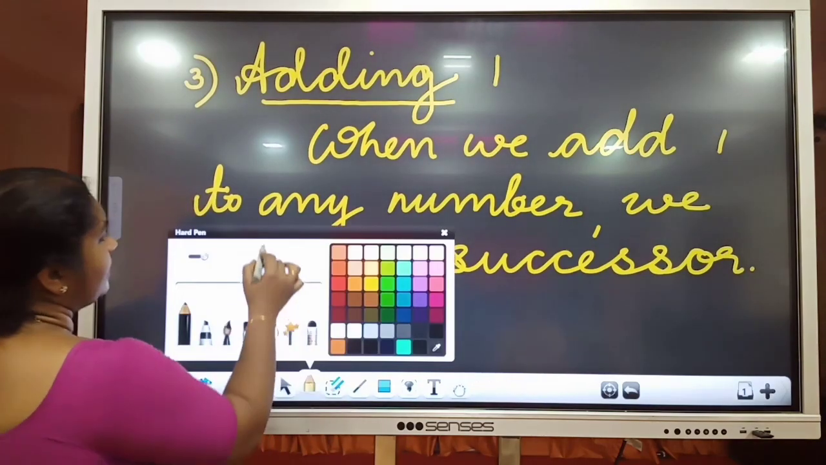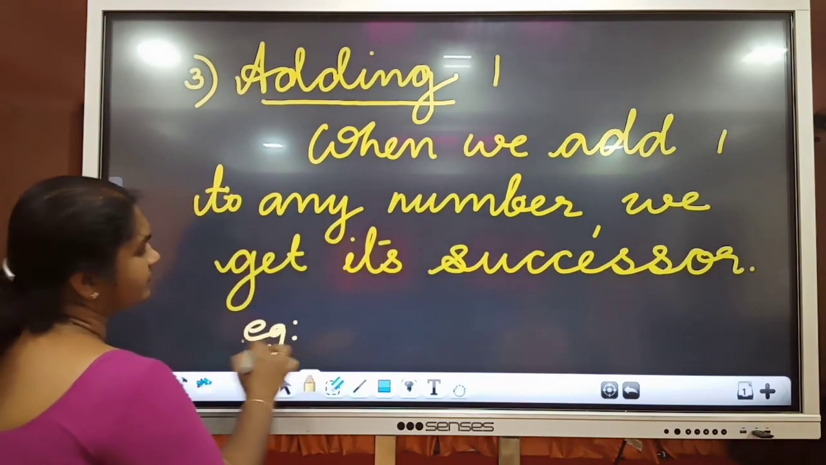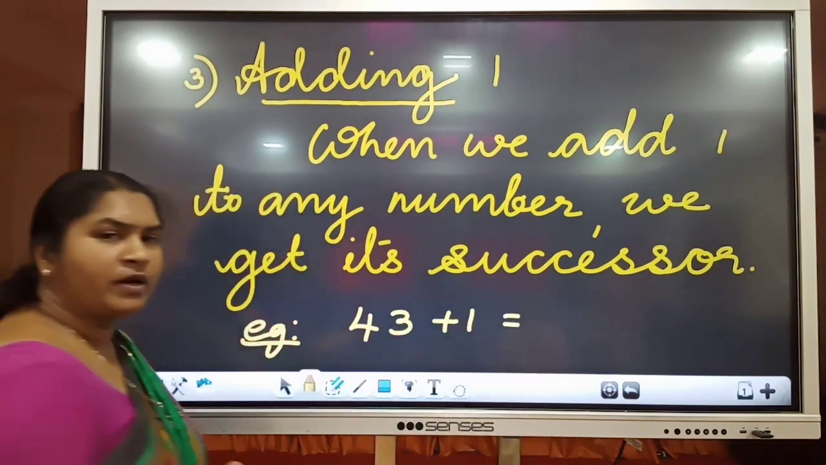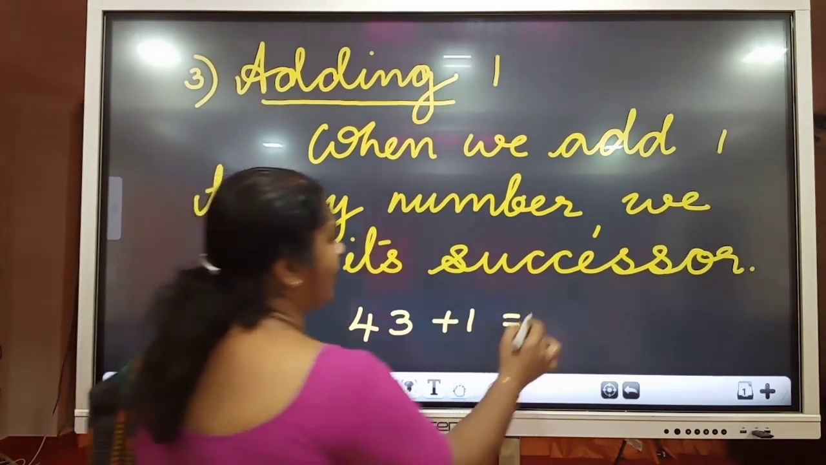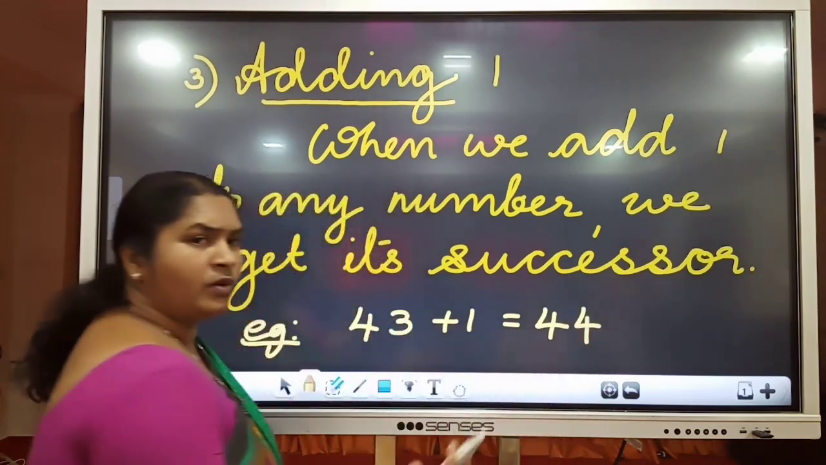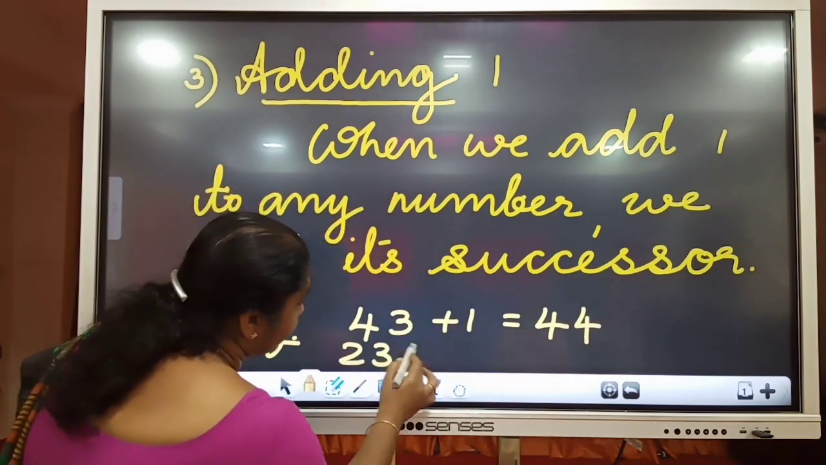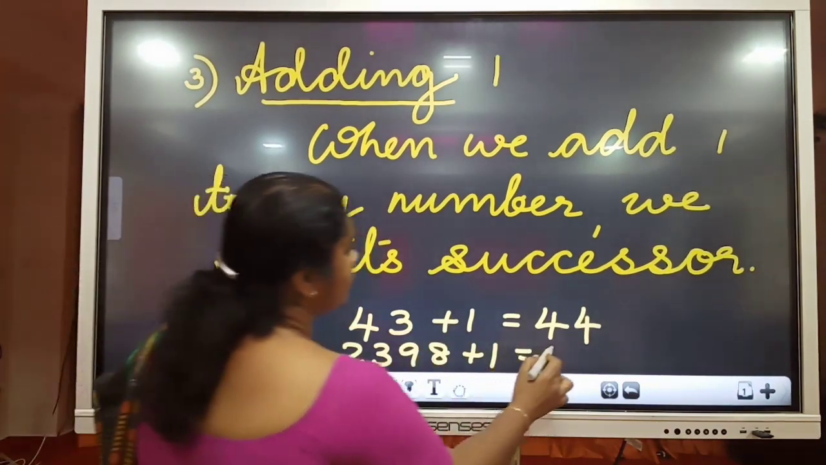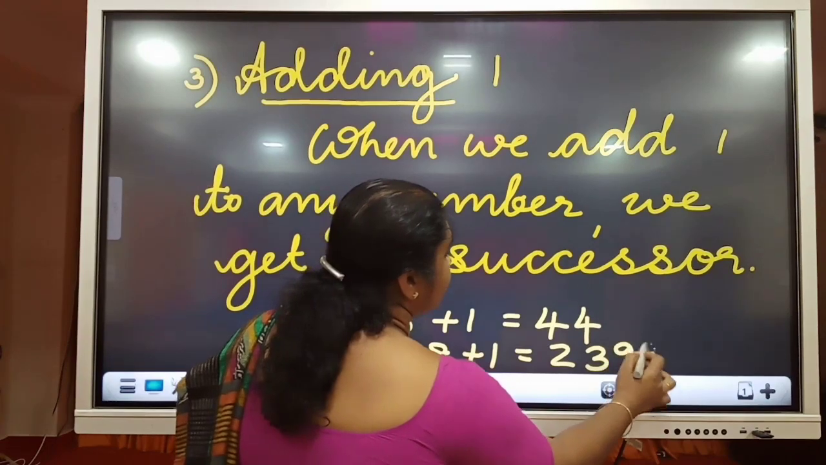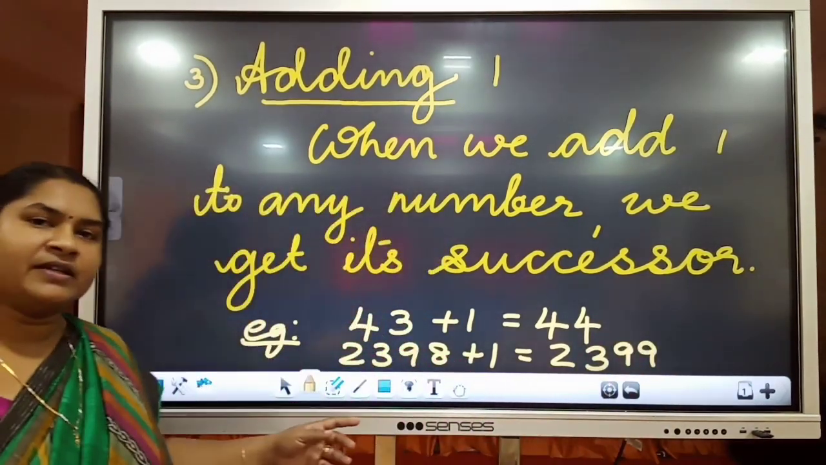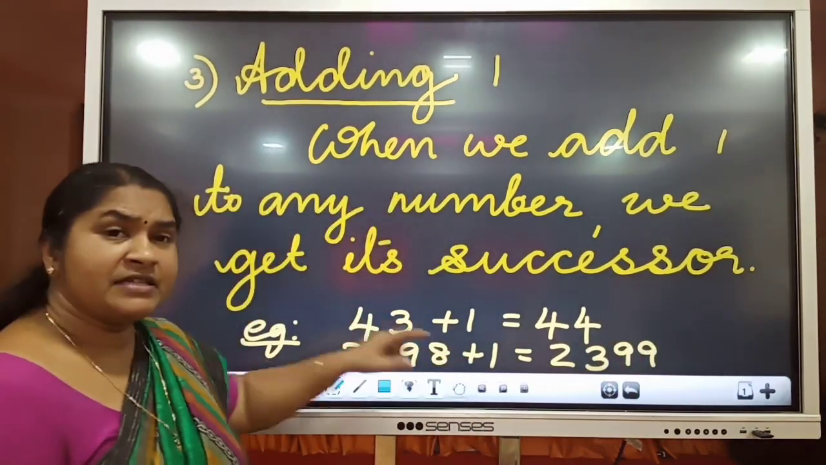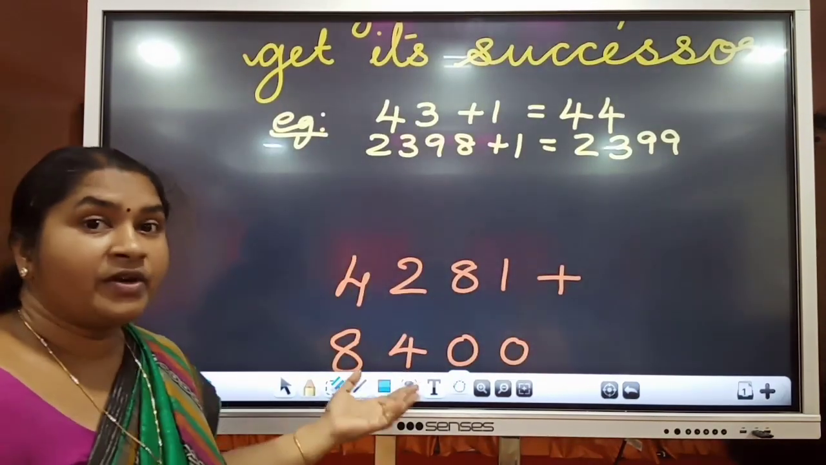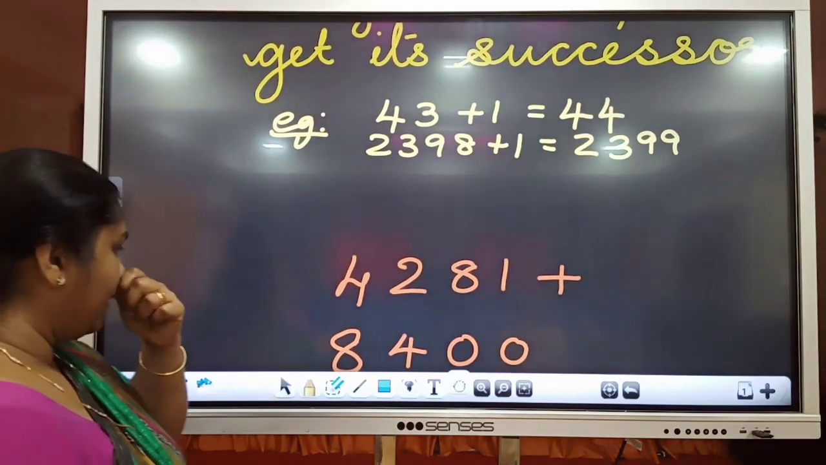So what is the example? 43 plus 1. What is 43 plus 1? The next number. No need to add. 43 plus 1, 44. 2,398 plus 1. What is the answer? The next number, that is 2,399. Clear, children? So we have discussed three properties of addition that are already familiar to you, but we wrote